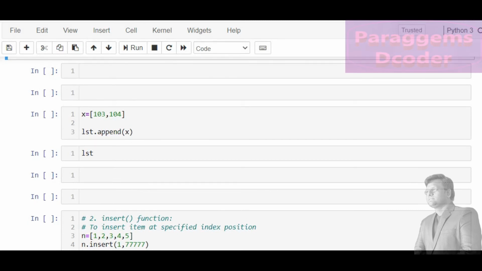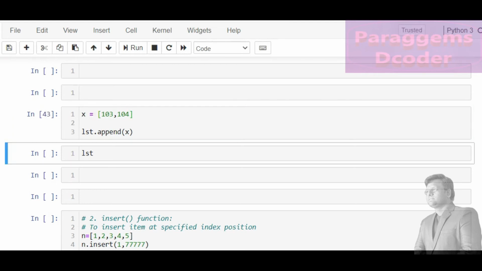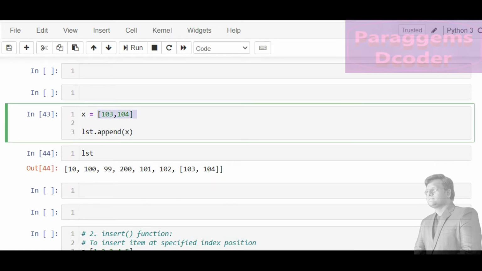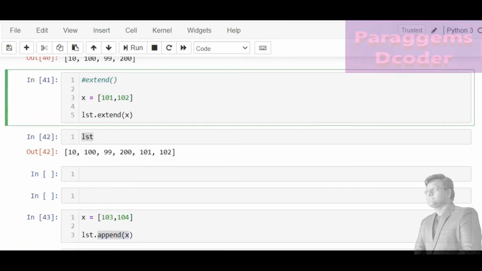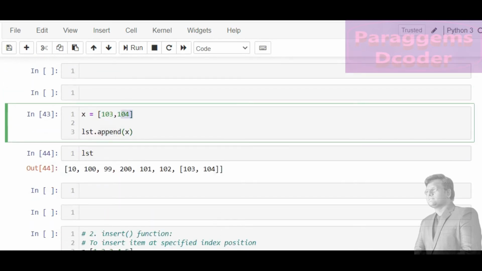Now see, we will append here multiple elements. When we want to append multiple elements, we can do it like this. Just create one variable, because extend takes only one argument. Append takes only one argument here. Similarly, extend is taking one argument here. In this way, if you want to append or add multiple elements,